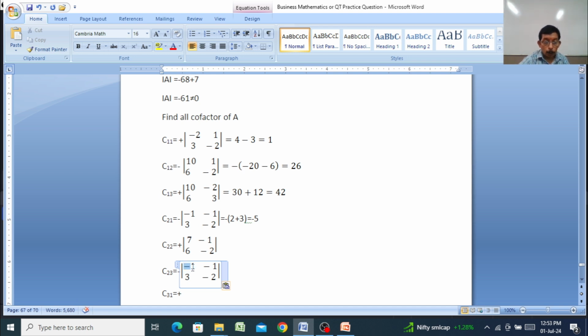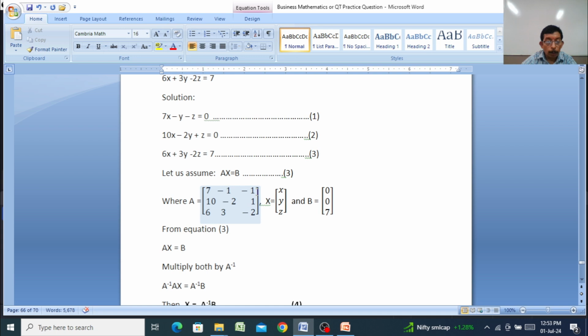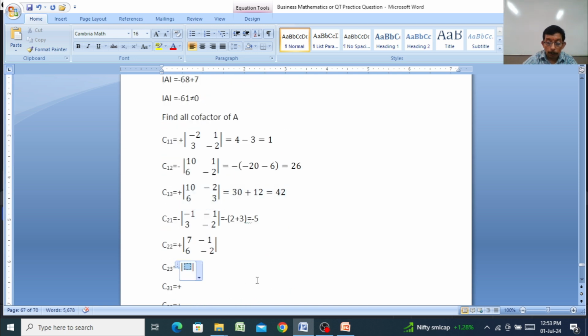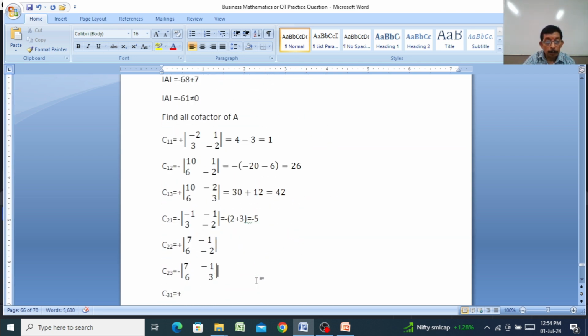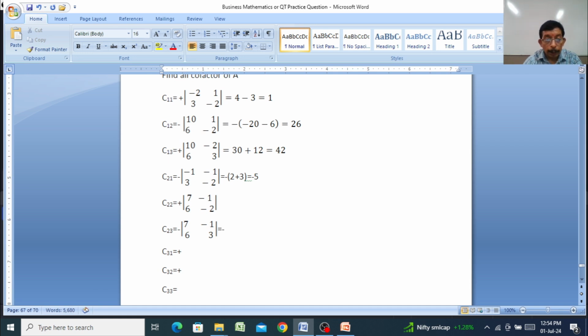It means the second row third column element is canceled out, the remaining elements 7, minus 1, 6, 3, note down. Is it clear, everyone? 7 minus 1, 6 3 is equal to minus 7 times 3 is 21, minus minus plus 6 times 1 is 6, is equal to